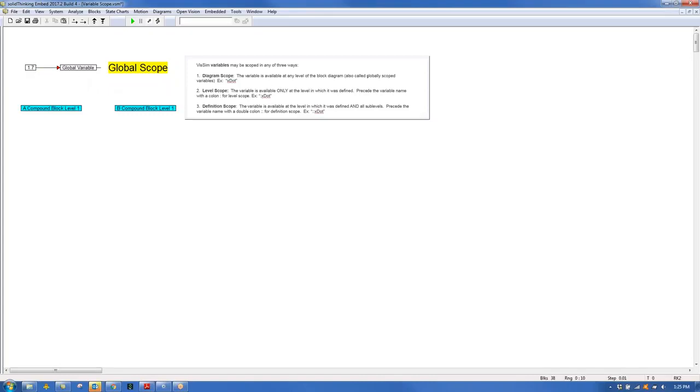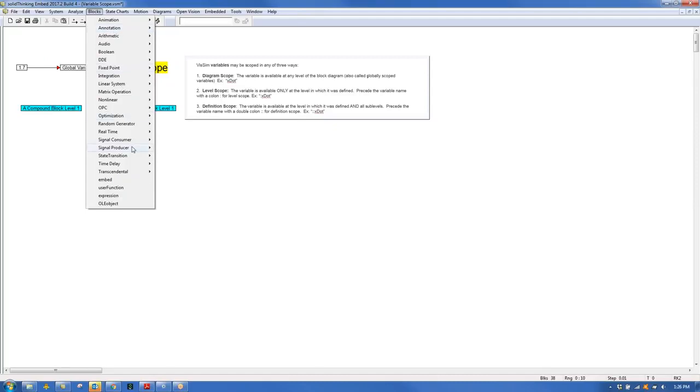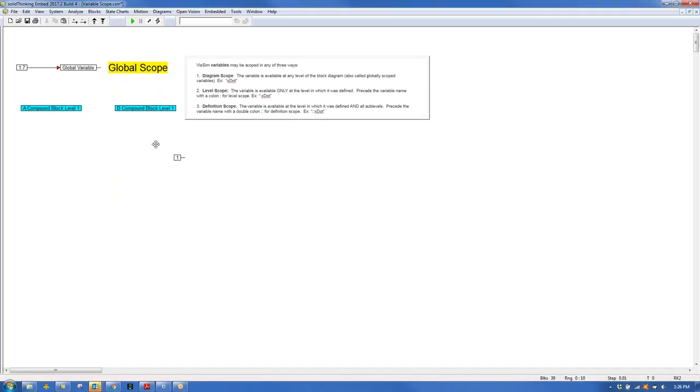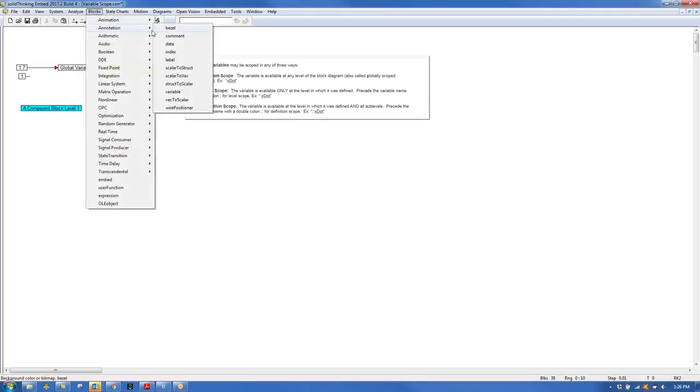So far in these models I've been using a constant value. I got it from one of these down here. This is a signal producer. A signal producer is just a block that produces a signal, and I'm using the constant for it. I've assigned it a value of 1.7. This right here is a variable, and this is available under the second category, annotation,